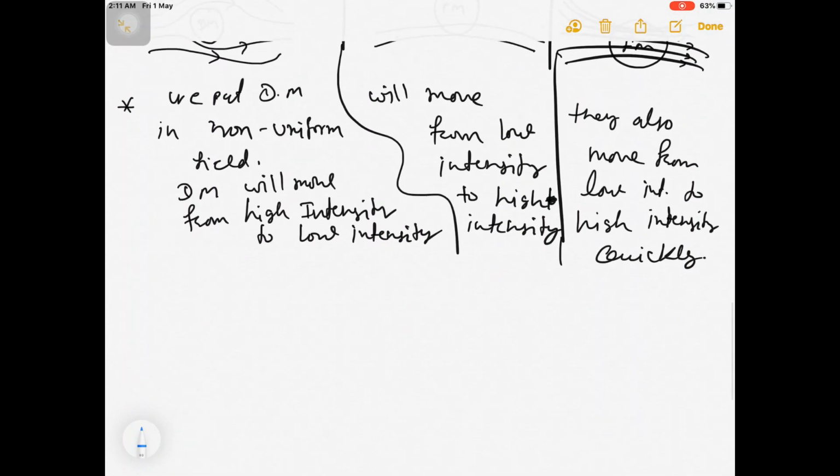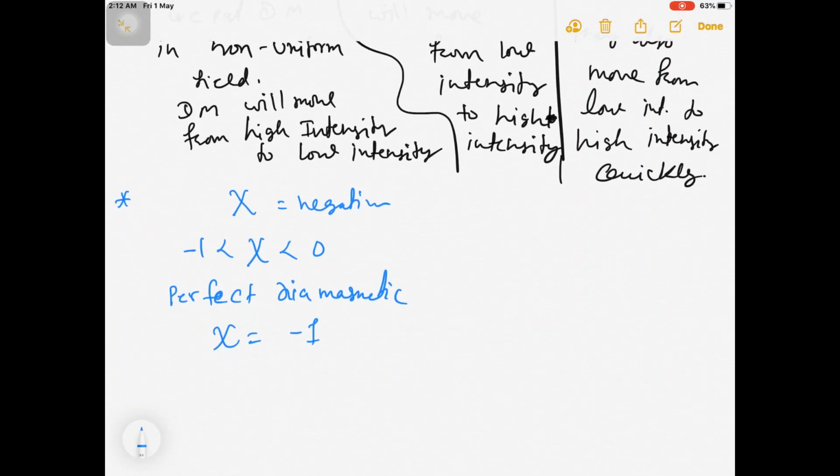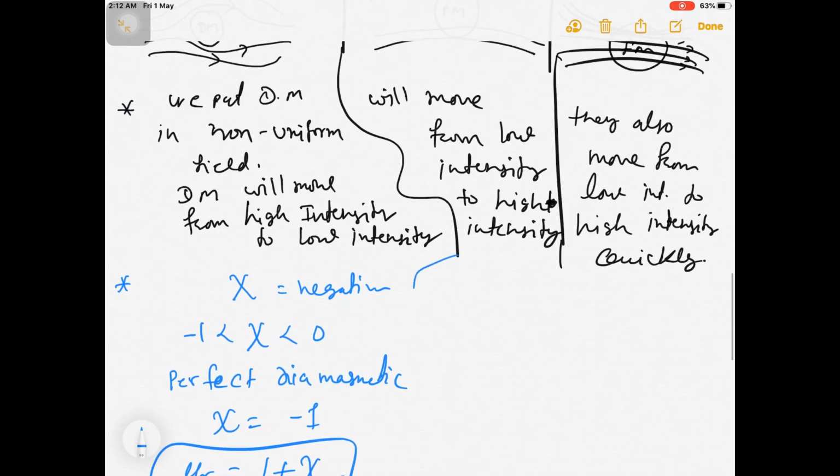For diamagnetic material, xi is negative, and basically this is from -1 to 0. And for perfect diamagnetic, xi is -1, and we know the relation between xi and relative permeability, so we can easily find out by this relation. Okay, for paramagnetic material, xi is positive